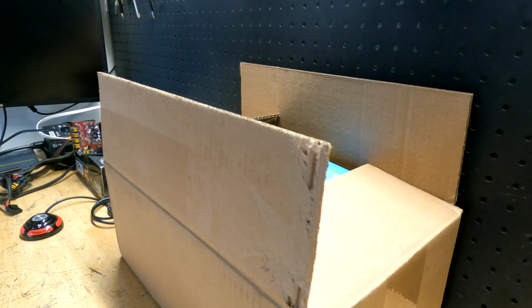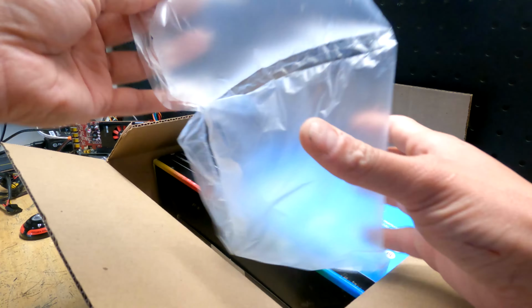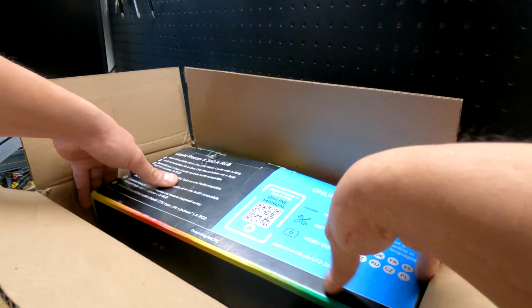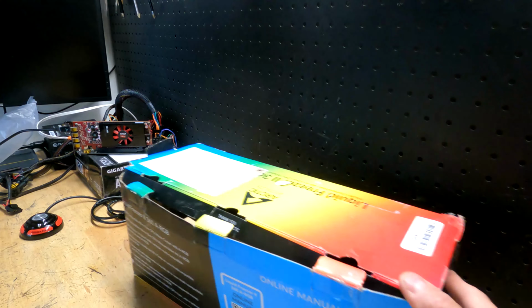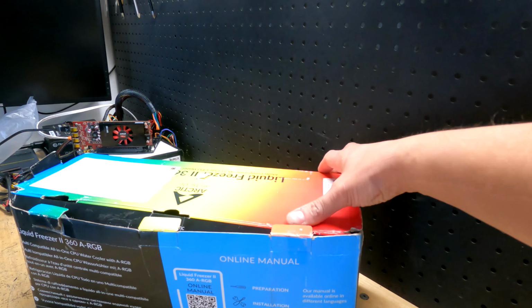Now I just opened up the box just to make sure that it's not like a bag of rocks or a book or anything, but it came just like this. Had the whole insulation thing, so that's kind of nice, and when I pop it, it's going to drive my dog crazy. But the box that this cooler came in lacks confidence. Great. It looks like it's been used, abused, broken, and